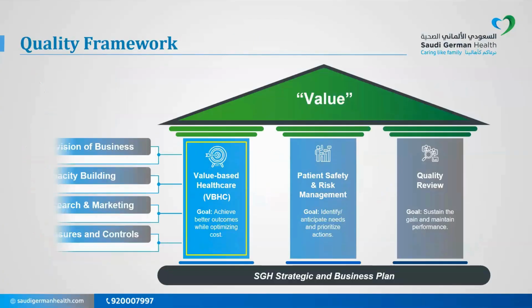Next. And of course, to go this way, we need to have a foundation. We need to have a structure. One of the main success factors in our journey towards value-based healthcare is that we transformed the whole quality framework. We started in 2021 to add value-based healthcare as one of the pillars of the quality framework in the whole group. As you can see, we had quality reviews, patient safety and risk management, and performance improvement and performance measurement as the third pillar. We changed this towards value-based healthcare.